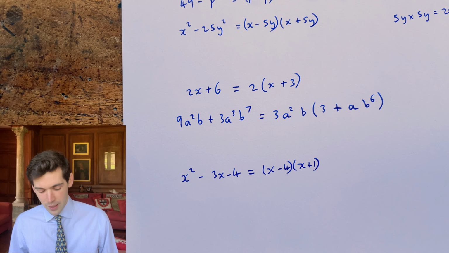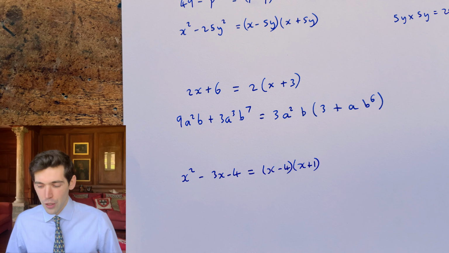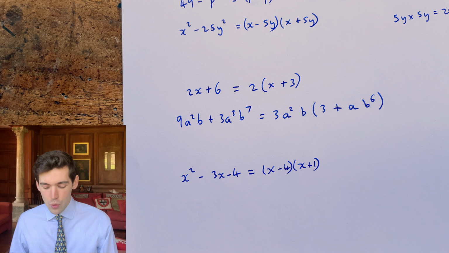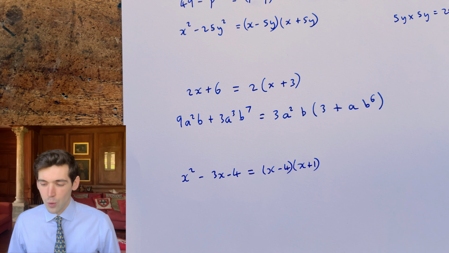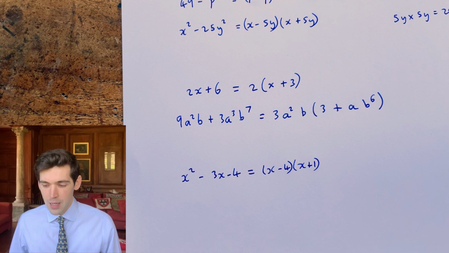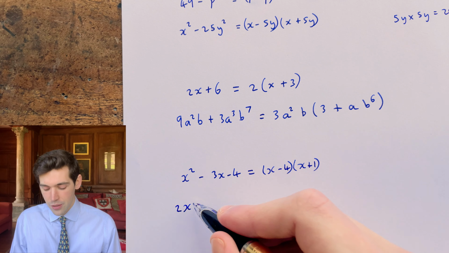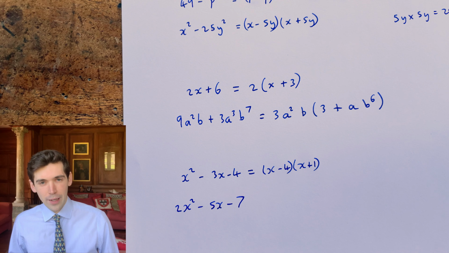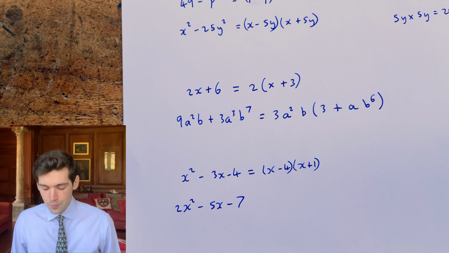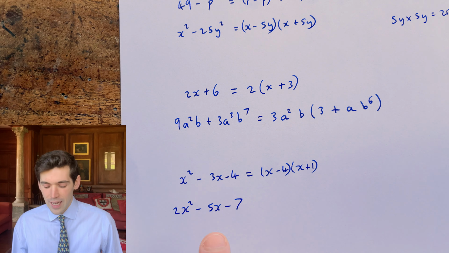But I'm assuming that if you're watching this video, you might not be too comfortable doing this all the time, and you might want another method. And if you get a question like this to factorize, this is where it gets a bit harder. And I appreciate that not everyone might be comfortable just picking two numbers that multiply to give 7, and it doesn't quite add up to give 5. It's a bit more complicated now because we've got a 2x